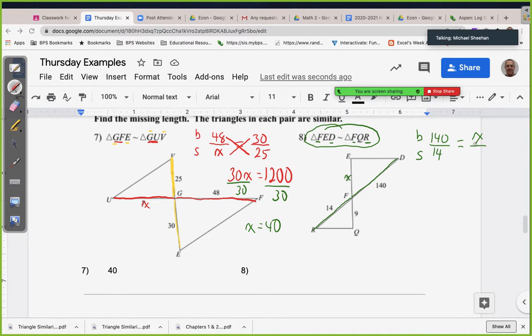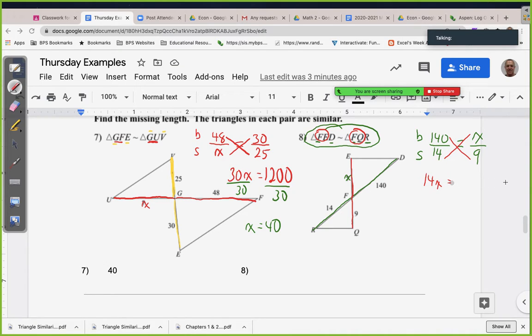And the X does correspond to the 9 because X goes from F to E, which is the first two letters. So the first two letters here are F to Q. And now I want to cross multiply. I like to start with whichever one has the X. I'm going to start with 14X. If you want to start with 9 times 140, you can. But I'm going to start with 14X